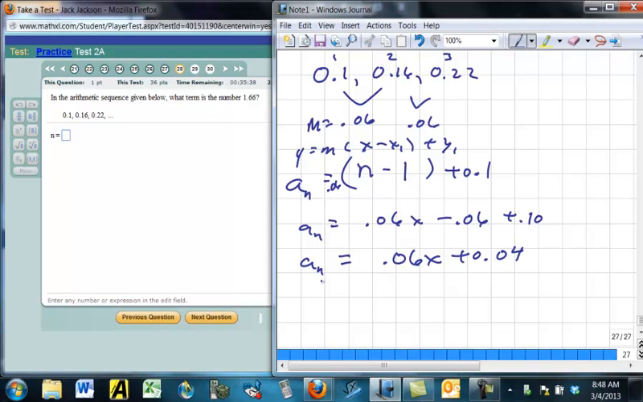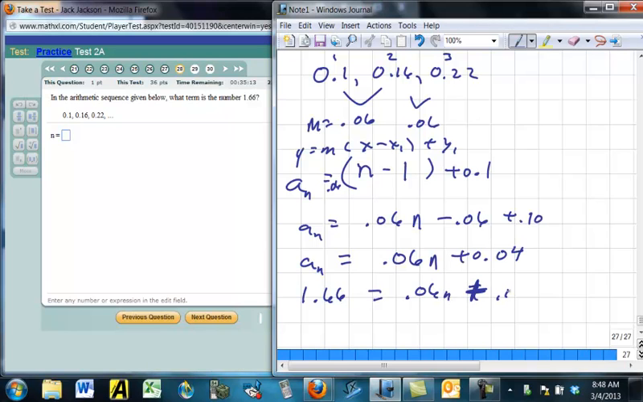Okay, so maybe that's simpler, maybe not. Okay, and so now we want the term number. That's the x or the n. Let me make this an n instead of an x. It doesn't make any difference. That's the term number is n. We want to find the n when the a sub n is 1.66. So we put 1.66 here